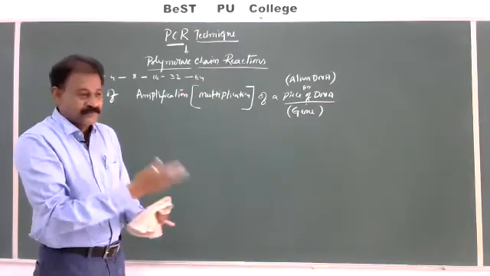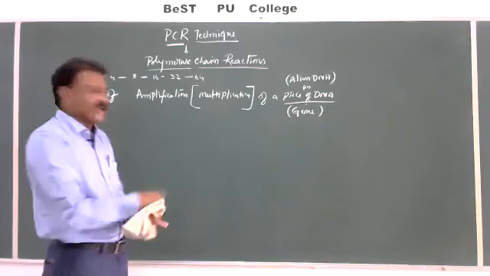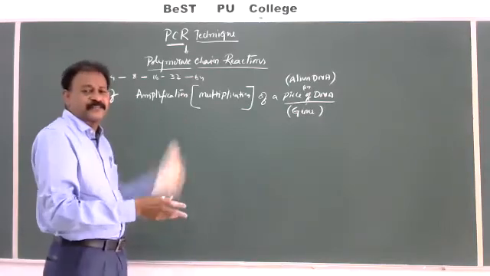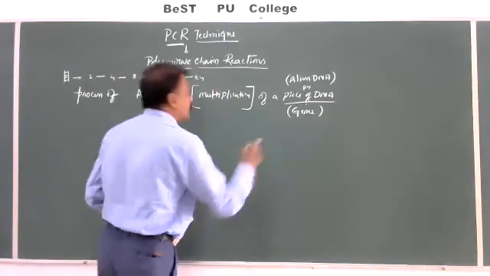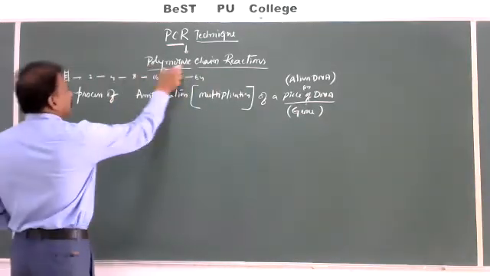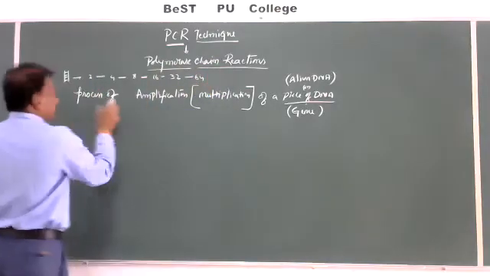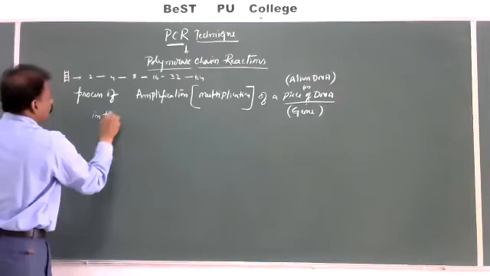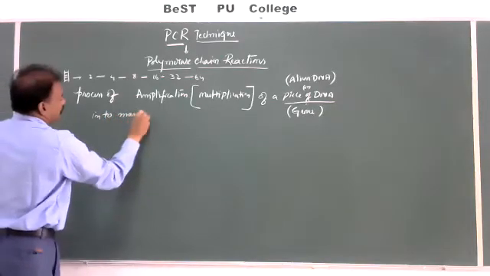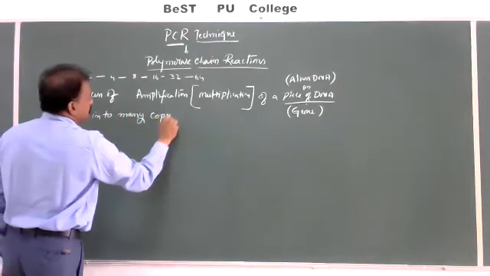So in biotechnology, the PCR technique is used for various purposes, to identify the genes and their location. So polymerase chain reaction is a process of amplification of a piece of DNA into many copy numbers,